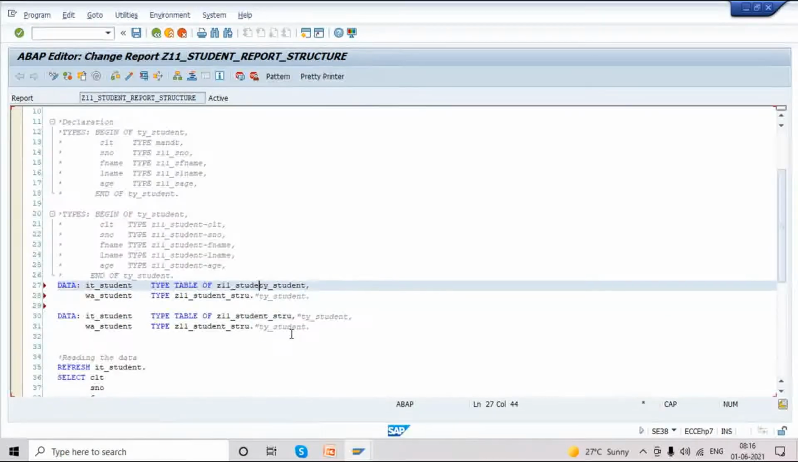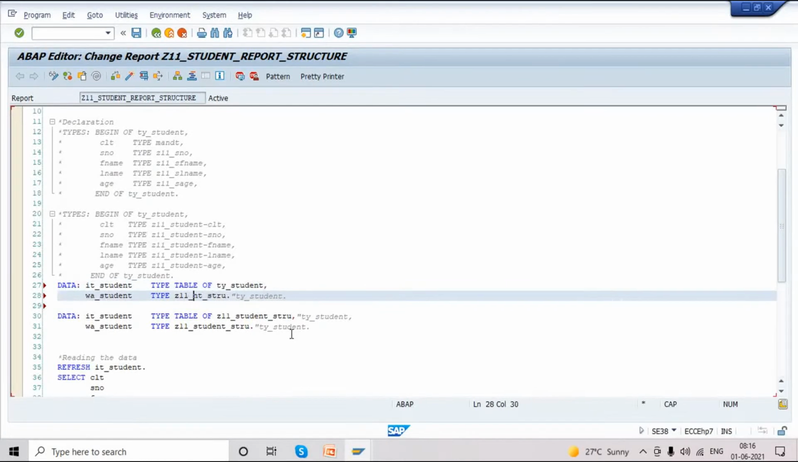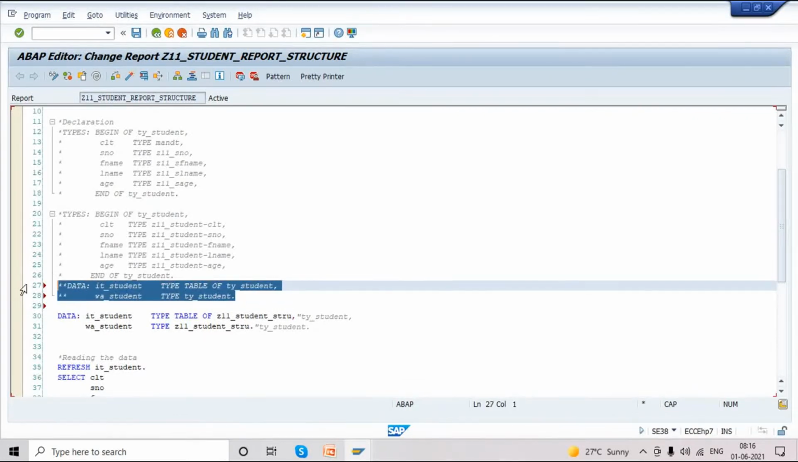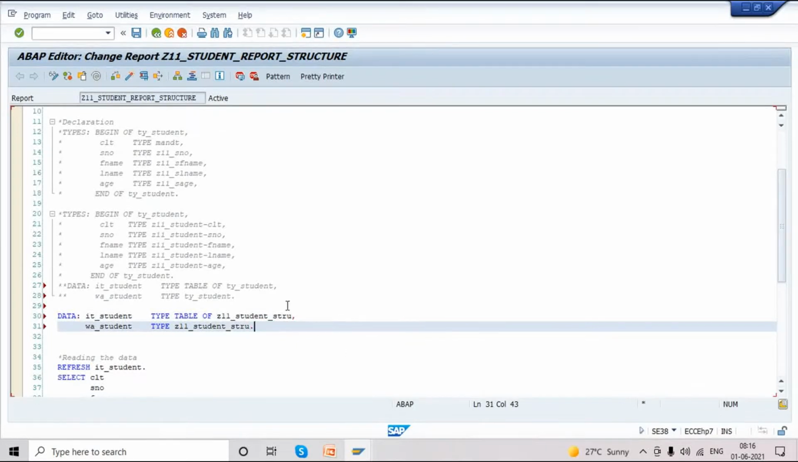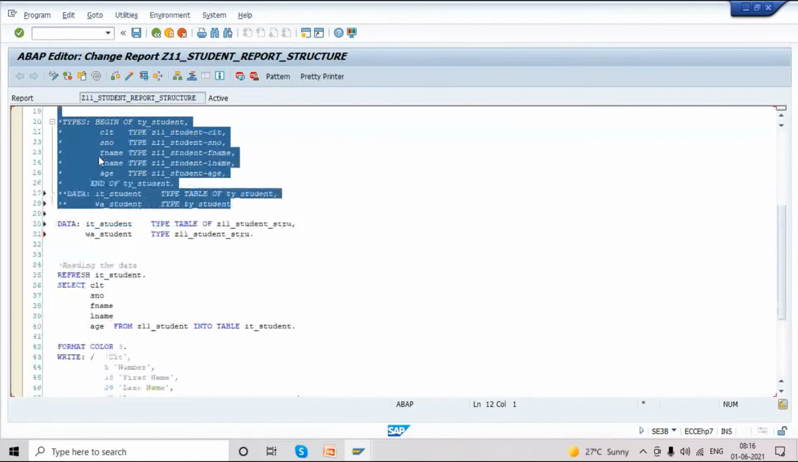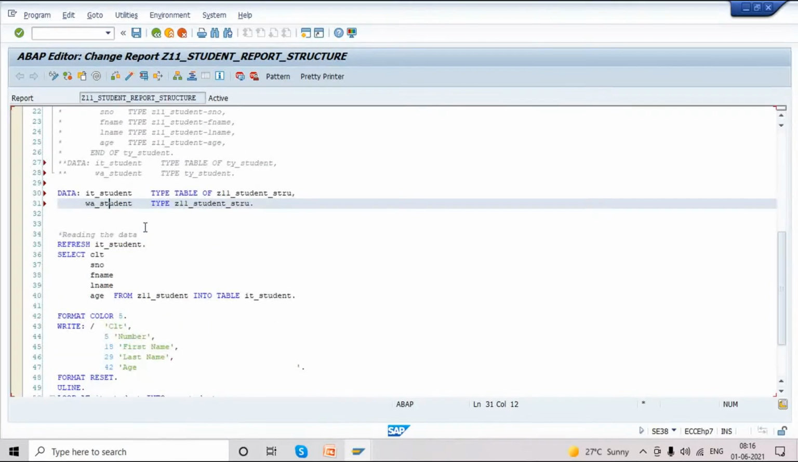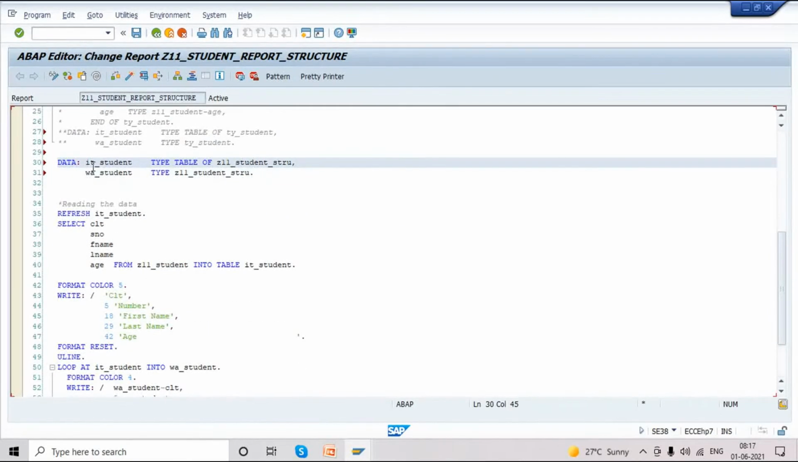I'll put that syntax also in commented mode. We have both. So in this kind of scenario, we don't need to write this much code. Directly write internal table, work area with a reference of structure. So now you understand internal table can be created with a reference of table or structure. The syntax is